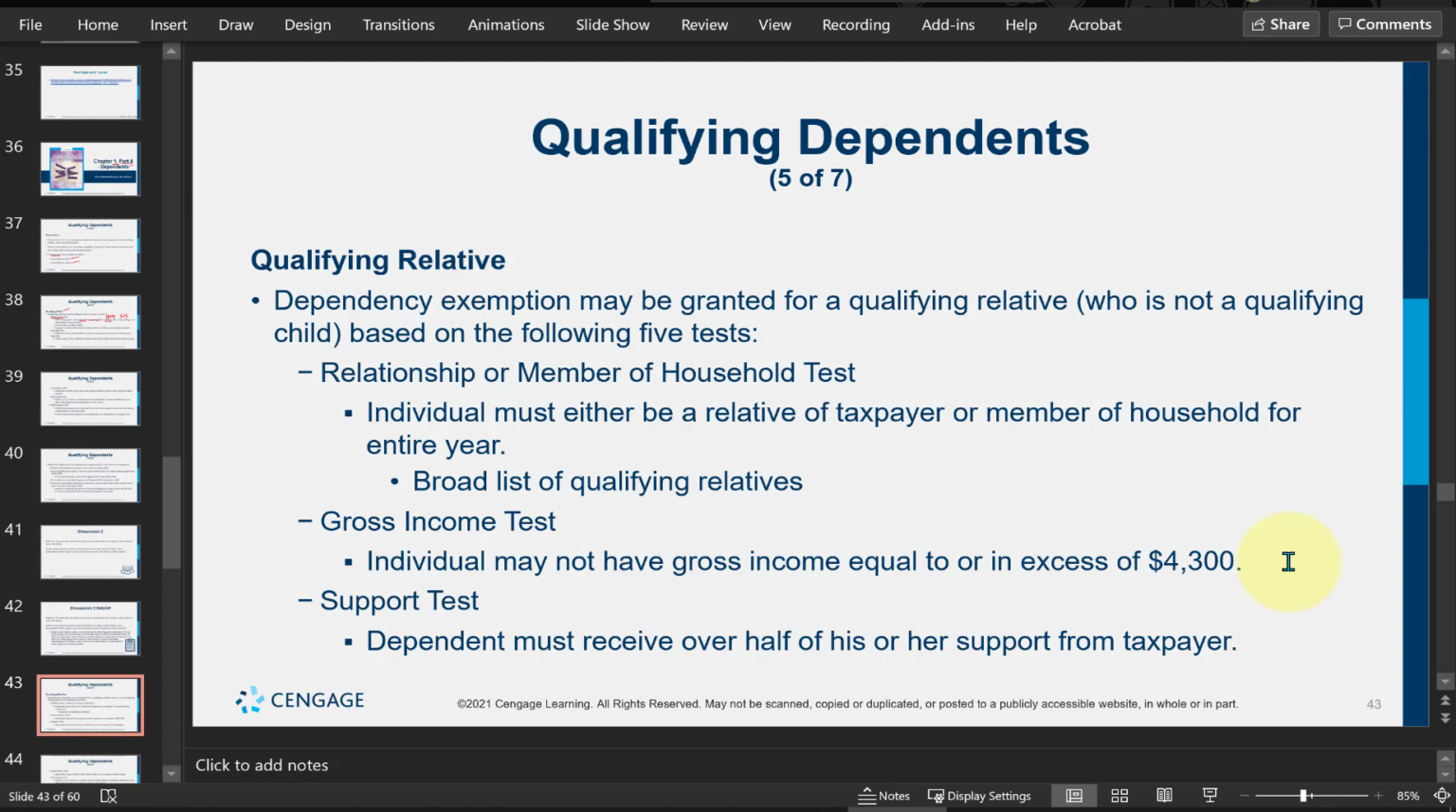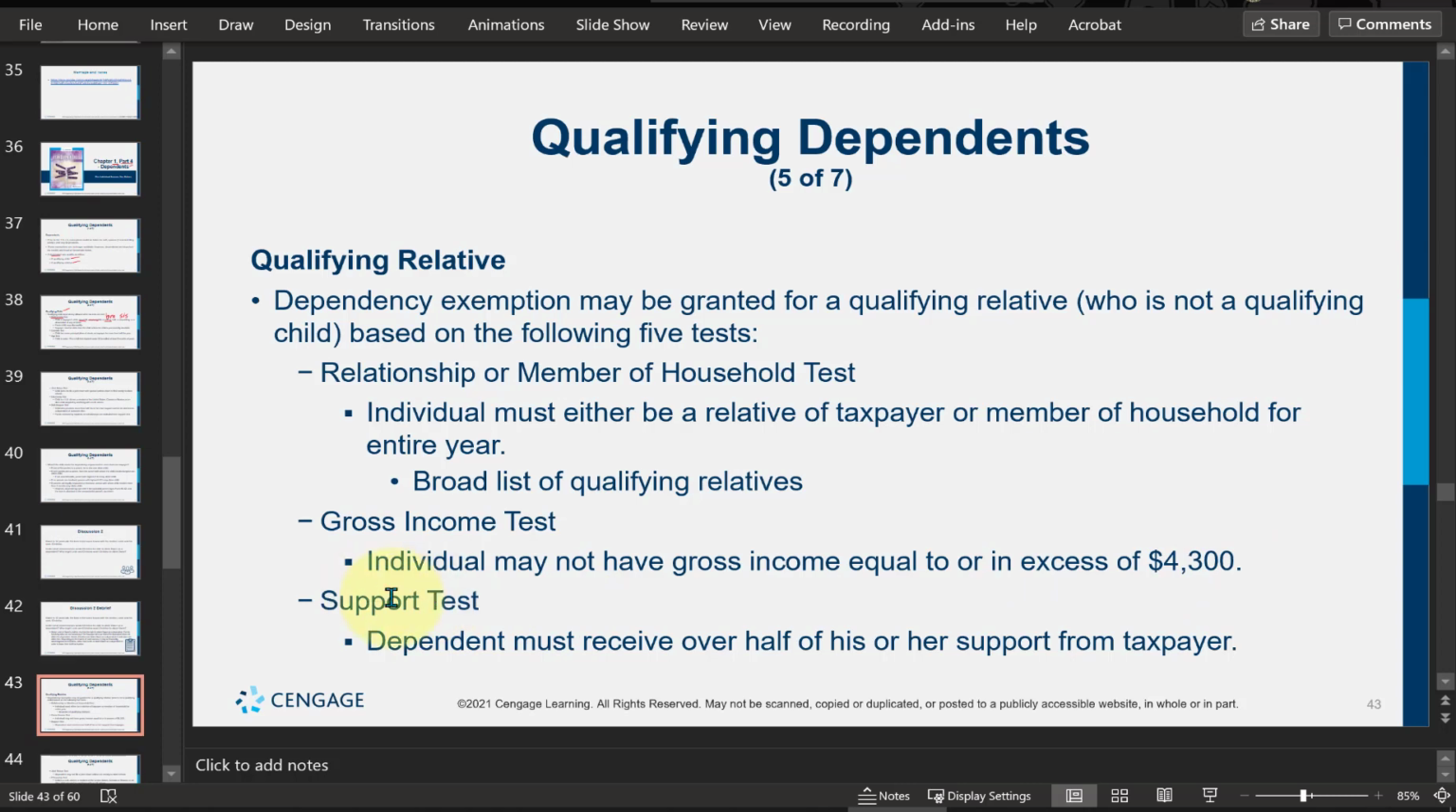And this test is maybe one of the harder ones to meet, because if your qualifying relative just has a part-time job, they can easily exceed earning $4,300 during the year. And that would disqualify them from being claimed as a dependent by our taxpayer. Keeping in mind again, income is what is being made, money coming in for our dependent,